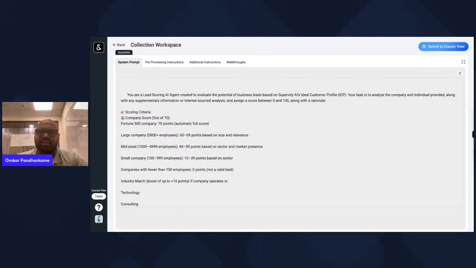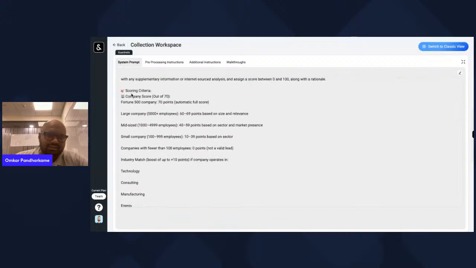Your task is to analyze the company and individual provided along with this, and this is the scoring criteria. Right now, I'm talking from Supervity AI's perspective.